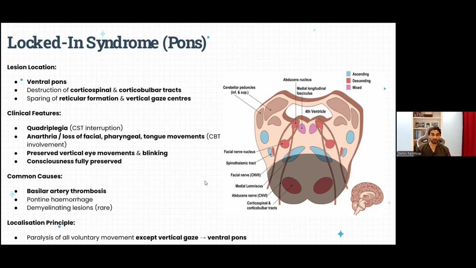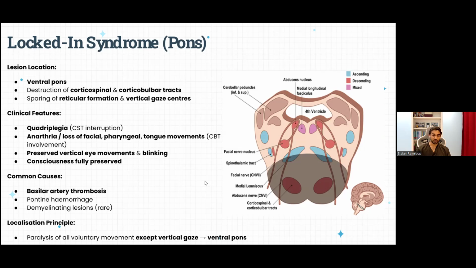and blinking. Because a patient with this is awake and cognitively intact, but unable to move or speak, the syndrome can produce a striking dissociation between preserved awareness and complete motor paralysis. And the most common cause is a basilar artery thrombosis, which compromises the ventral pontine blood supply. Other causes can include a pontine hemorrhage, central pontine myelinolysis, and demyelinating lesions, though these are less